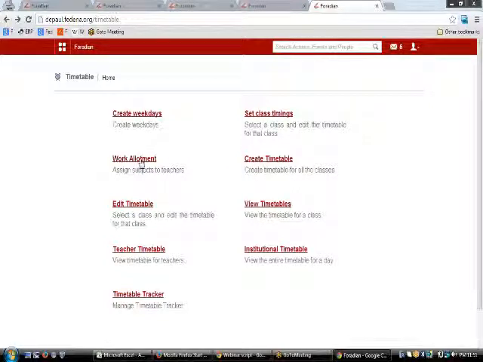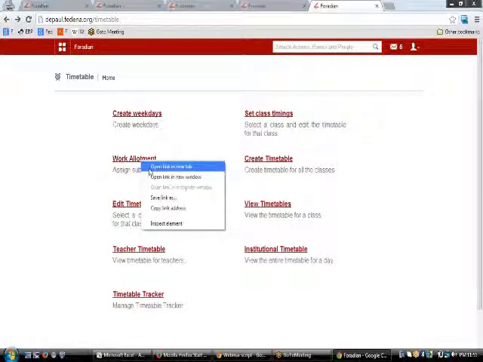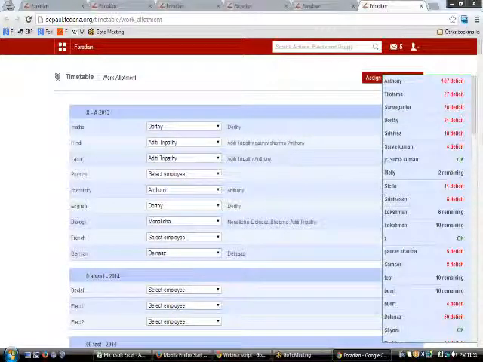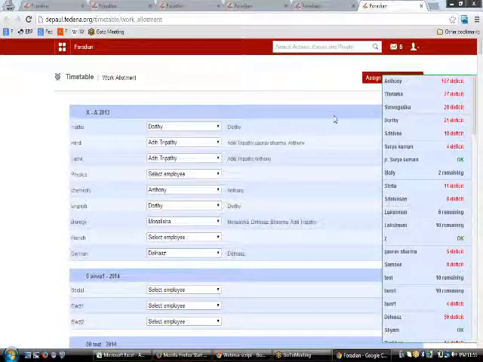The next thing would be to go to this work allotment and see what works have been allotted to this particular teacher. Whenever we do this employee subject association, we can assign multiple teachers to a particular subject. But here you will be able to assign only a single teacher to a particular subject. So that was all about how this work allotment works. We will also be getting this deficit and the remaining classes for each of these teachers against it here.